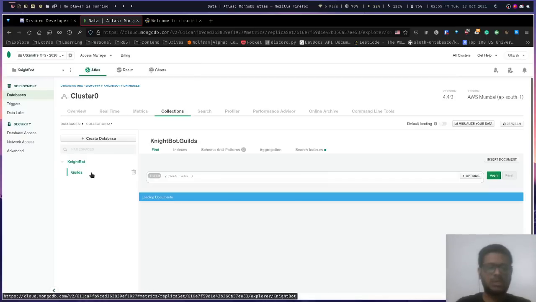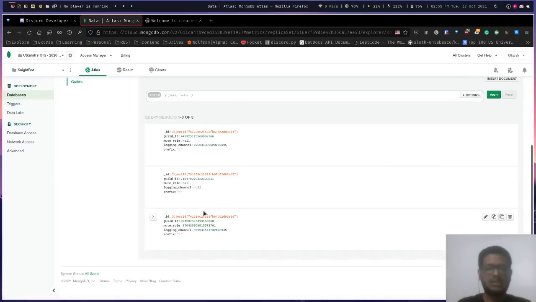Here we can see our guild database. You can see that currently my bot is in 3 servers. So here we can see this is the current server which we are testing our bot in. Here is the guild ID, the mute role for that particular server, and the logging channel's ID.